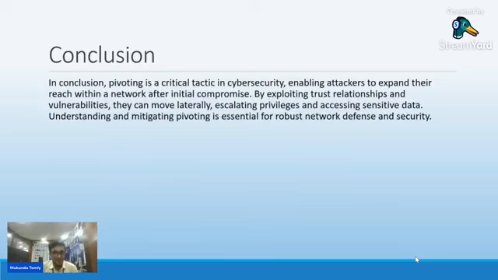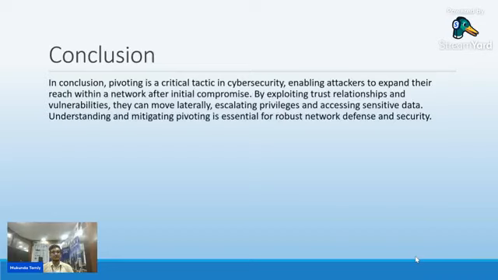And the conclusion. Now, what is in conclusion? We can say that pivoting is a critical tactic in cybersecurity, enabling attackers to expand their reach within a network after initial compromise. Basically what we see is that we have initial access to a system, or initial compromise, right?